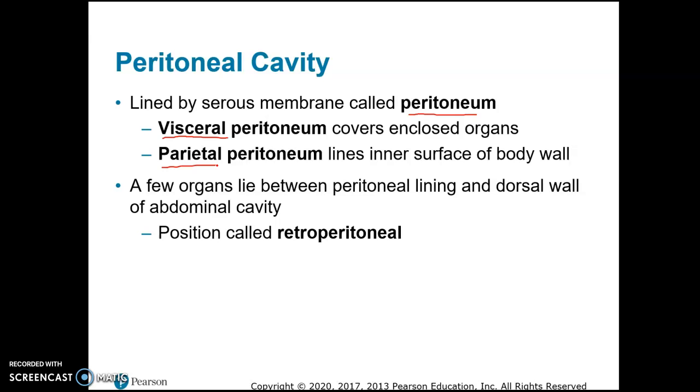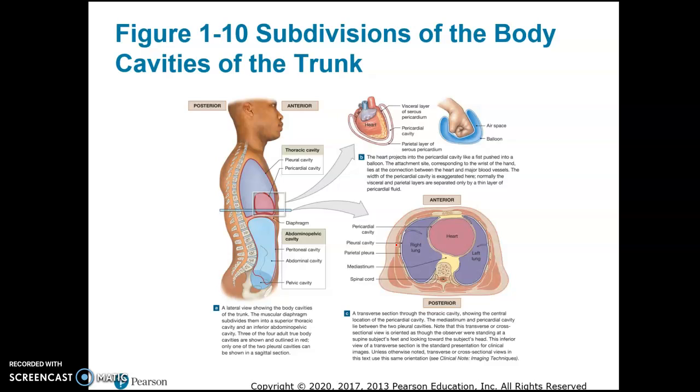Some of the organs that lie actually behind the peritoneum are called retroperitoneal. So they don't actually lie within the peritoneal cavity. And these are organs like the kidneys. They are retroperitoneal. So if we look here at these figures, the thoracic cavity, you can see the pleura, which lines